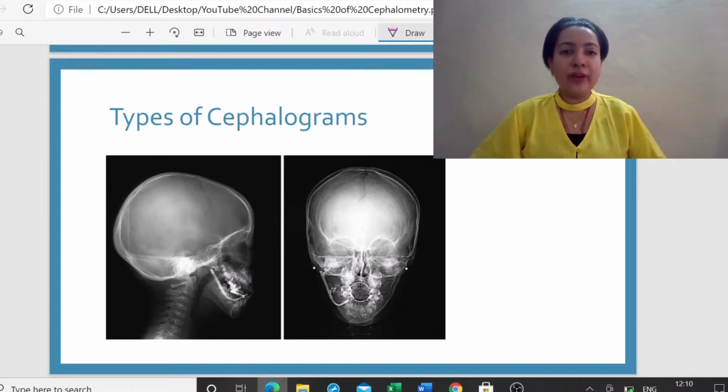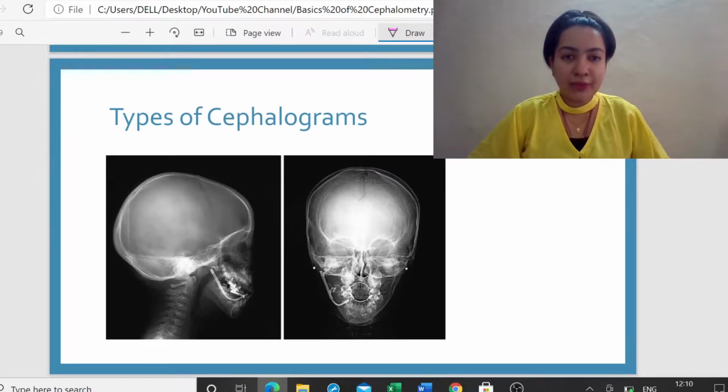See, before we move ahead and learn about cephalometry, we should be able to identify things, right? This can be useful if you are a final year student. It will be useful for your spotters. If you're preparing for your exams and you are giving the upcoming NEET MDS examination, you have to be thorough with it. Okay, so before we start with the analysis, before we start with the basic concepts, it is important you people are very clear with your initial part of it, that is identification of cephalograms.